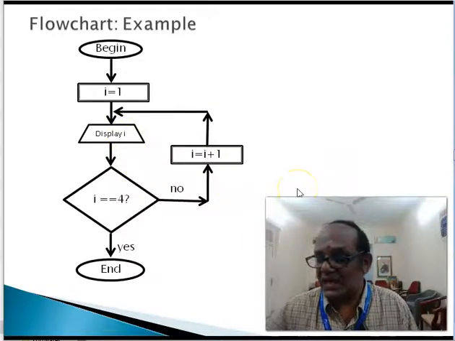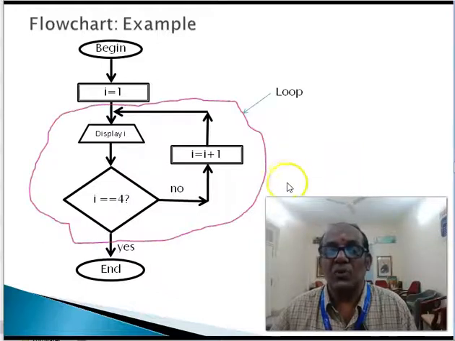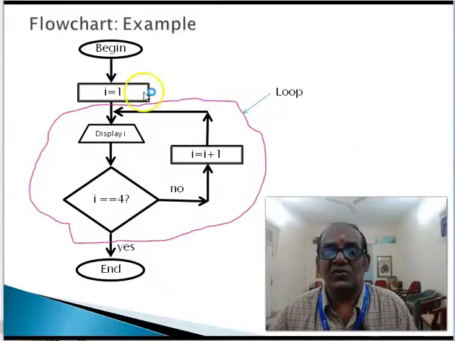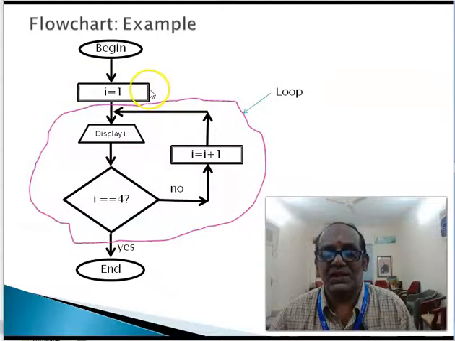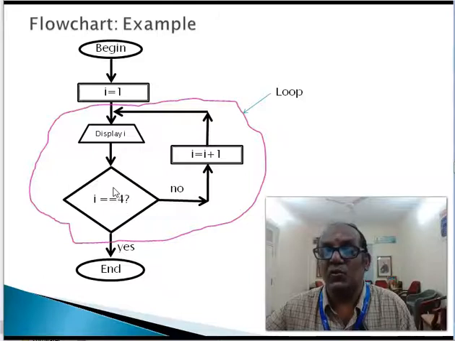This we say is a loop. For the loop, I is equal to 1 is the initialization statement. I is equal to I plus 1 and display I are the body of the loop. Both of them form the body of the loop, and I is equal to 4 is the condition for the loop.